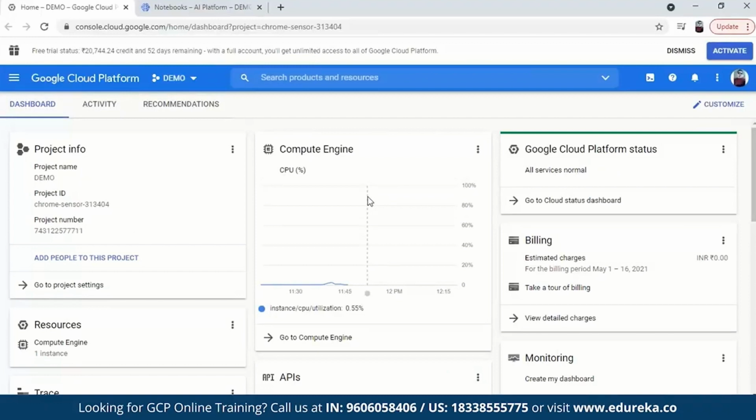So the first step is that we need to have an account on Google Cloud Platform. If you don't have an account on Google Cloud Platform, then create one. GCP is a really good platform to have your account on. It will ask you for your credit card or debit card details just for verification purposes, and you will get a free trial for 90 days. In the free trial, you will get 300 credits